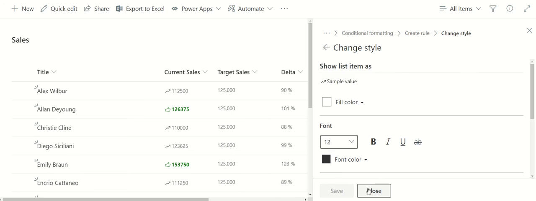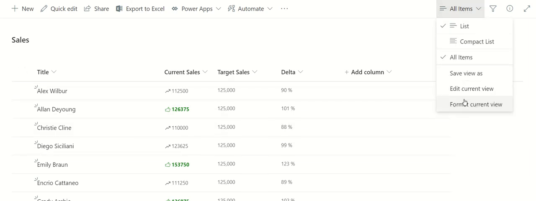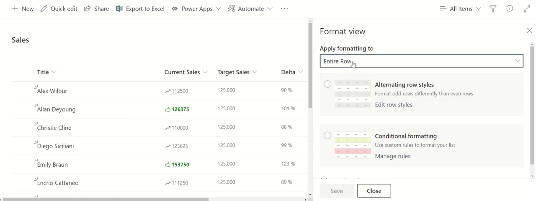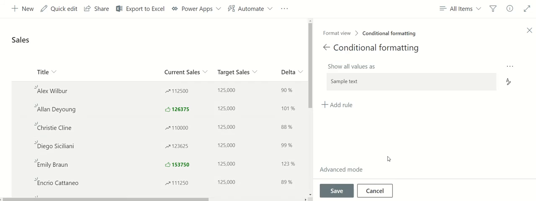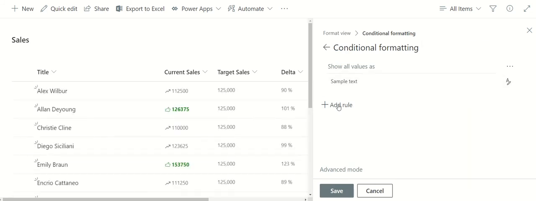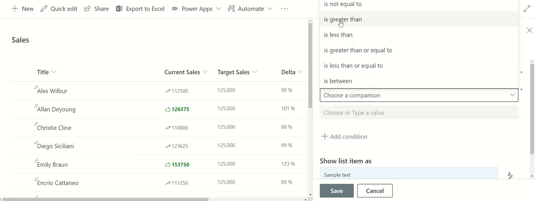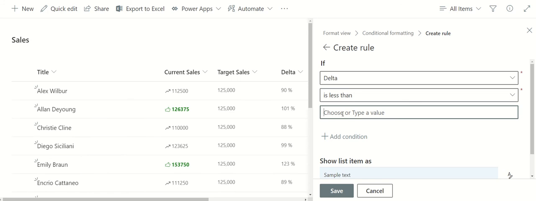Now the last thing that we're going to do is track those people who are not on track to make 100% of their target sales. So we go back to the Views menu, Format Current View. In this case, we really want it to stand out. So we're going to go entire row. We're going to go into conditional formatting, we're going to manage rules. And again, I'm going to get rid of that default background. We're going to add a rule that says if delta is less than 80%,